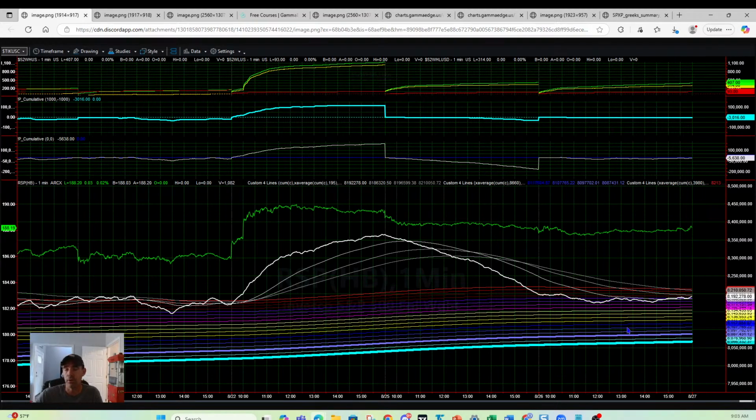And then this colored ribbon is our longer look back period. Obviously, the red needs to be above the cyan, indicating that buyers are in control on a longer period. And you want to see the bolded CT, as well as what we call our railroad tracks or moving averages, above those, indicating buyers are in control of the overall market.